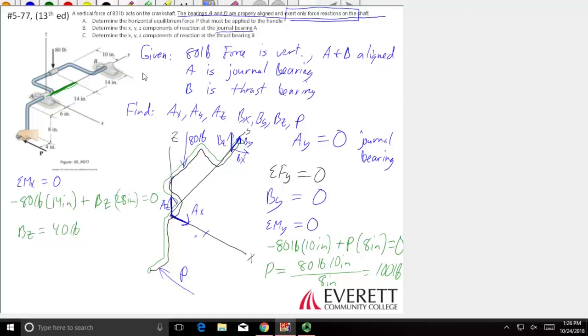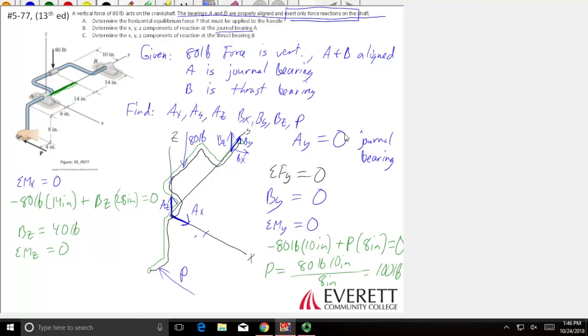So the next, I already heard someone say sum of the moments about Z. Let's do that next. Go ahead and try to calculate the sum of the moments about Z on your own or with your partner, and I'll come around and answer questions that you have. You should be able to solve for BX. Sum of the moments about Z, there's just going to be 2 things that create a moment about Z, which are P and BX. So I'm going to point my thumb in the Z direction,